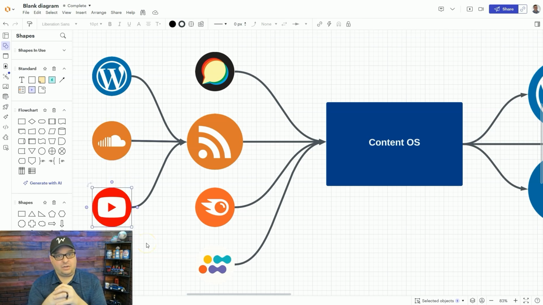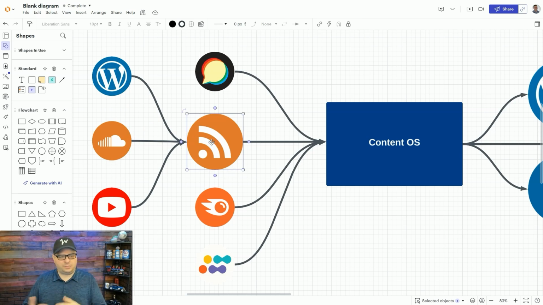YouTube does not have its own RSS feed, but there is a tool that I've used to generate an RSS feed from YouTube. Whenever there's a new video, your system gets a ping, grabs the transcript, and then it starts breaking it into chunks. Those chunks are the different ideas and concepts that were talked about in the YouTube video. We take those ideas, find a semantic keyword for blog posts, and then all of this content can be pushed over to a professional social media platform like LinkedIn or Facebook or others. So that's what the RSS feeds do.